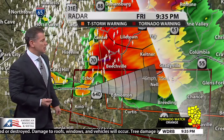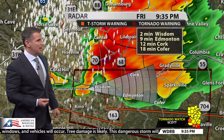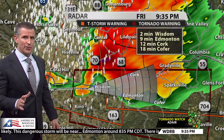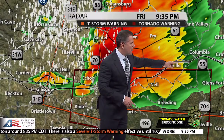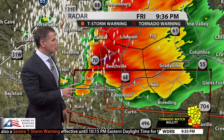Rick's going to track this into Adair County, moving at about 45 miles per hour. Is that what we're thinking on it? Okay. So it puts it in the Wisdom area 2 minutes from now. Edmonton, if you have friends or family there, 9 minutes from now. And then in the Coffer area, 18 minutes from now. So this then would go south of Columbia around 30 minutes from now, near Glens Fork, Gradyville, around 25 to